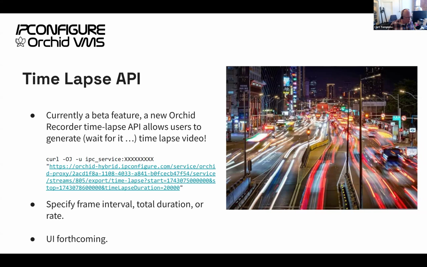So there's no user interface capability for this. That's going to be coming in a future release, but for certain end users and integration partners, the capability exists, and it's a sign of things to come in Orchid. So with the time-lapse API, I have the ability to specify a large window of video and then specify either